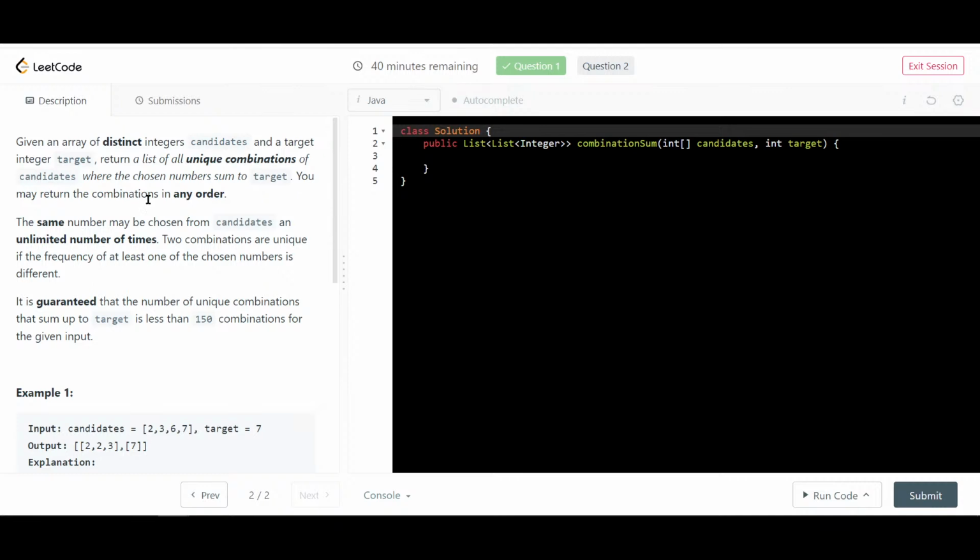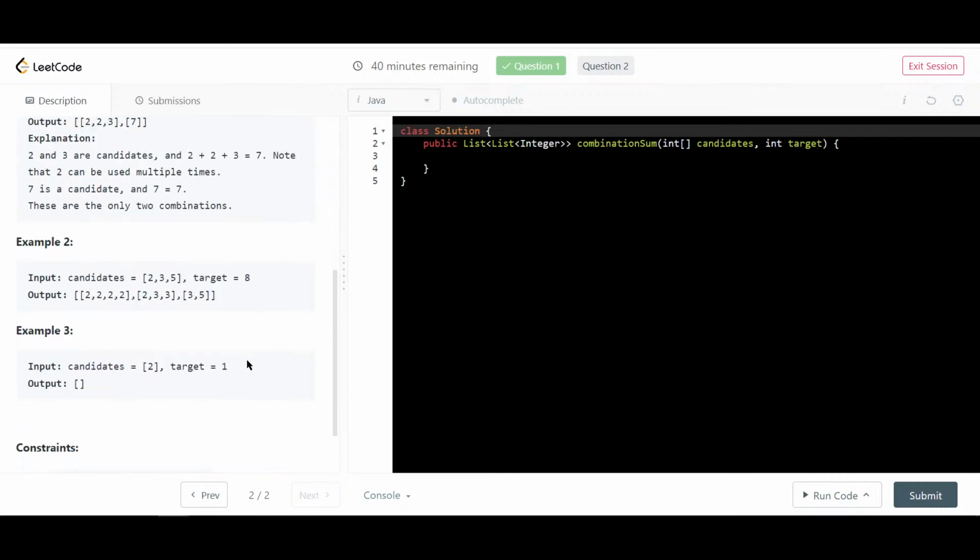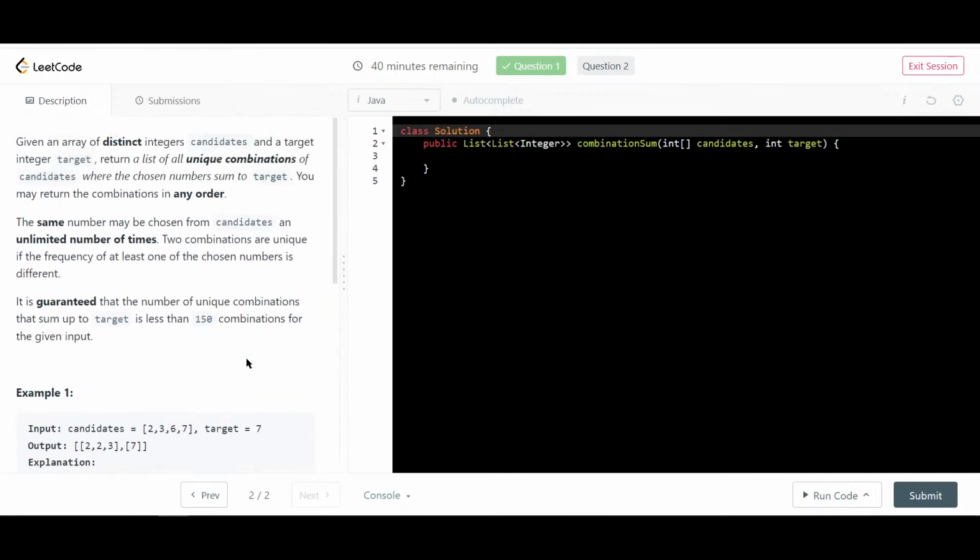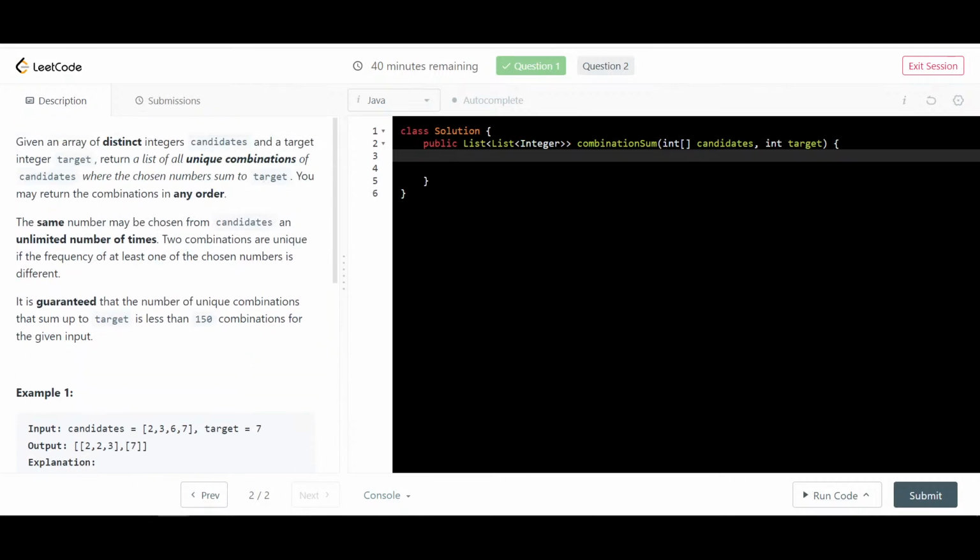So the candidates are distinct integers. We have to exhaust the possibility and then move on to another possibility. So it's like a DP sort of, or just a backtracking. I don't know how to apply DP as well here. If time limit exceeds, then probably have to do something, but initial idea is